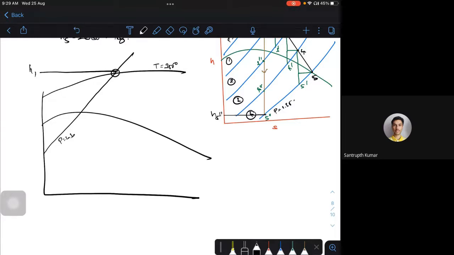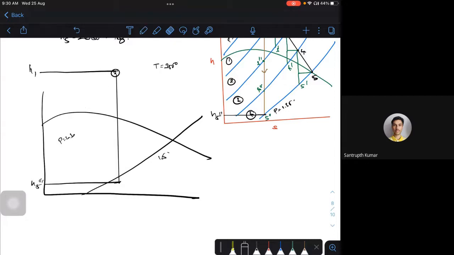Okay. Now, similarly, you have your pressure 1.35. So, roughly, you may get 1.5 bar, slightly just below that. Somewhere you will get it. So, draw a vertical line from there, and draw a horizontal line here. You will be getting your H5 double dash. Simple. You have to practice.